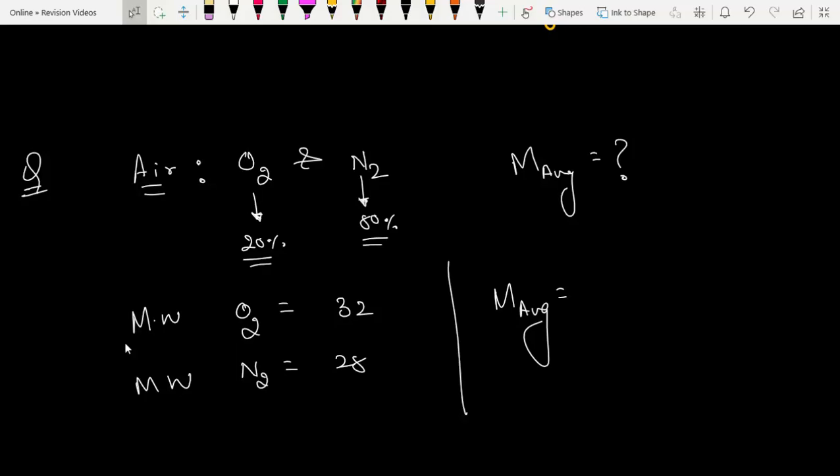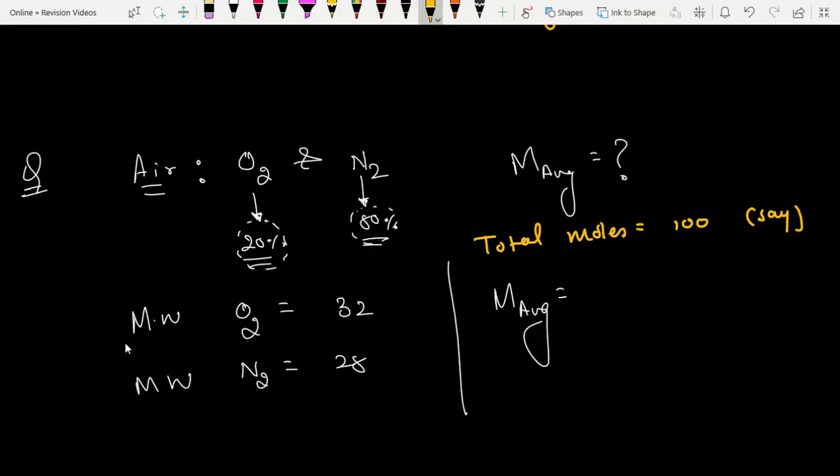Now again they have given us percentage in the question. Percentage is given. So what we will do is assume that total moles is equal to 100, let's say. So that of oxygen will be 20 and nitrogen will be 80, because that is the percentage